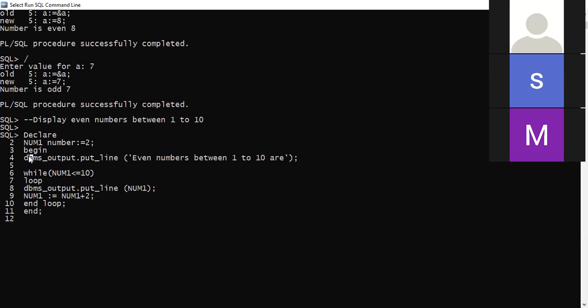I have displayed a message: even numbers between 1 to 10 are. Now I have used a while loop. What is my condition? The number is less than or equal to 10. When the number is less than or equal to 10, till then I have to do it. See the syntax: while condition, then you write loop to start a loop.